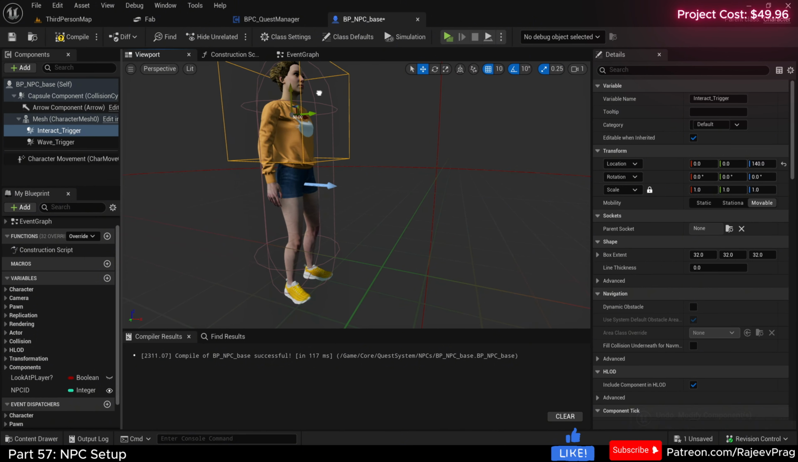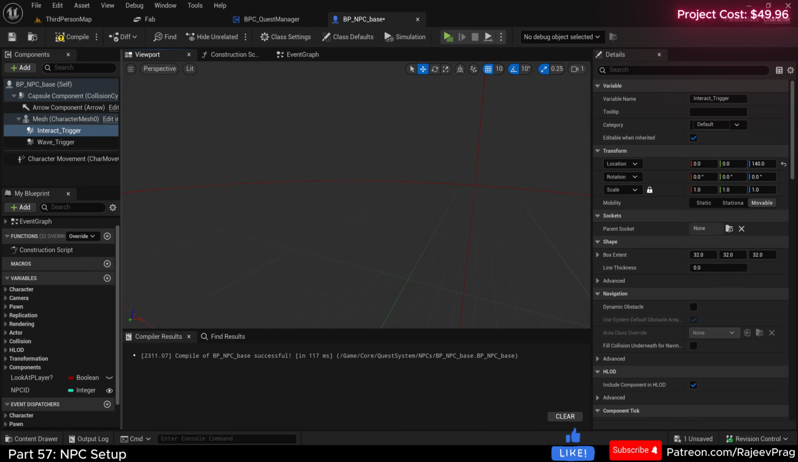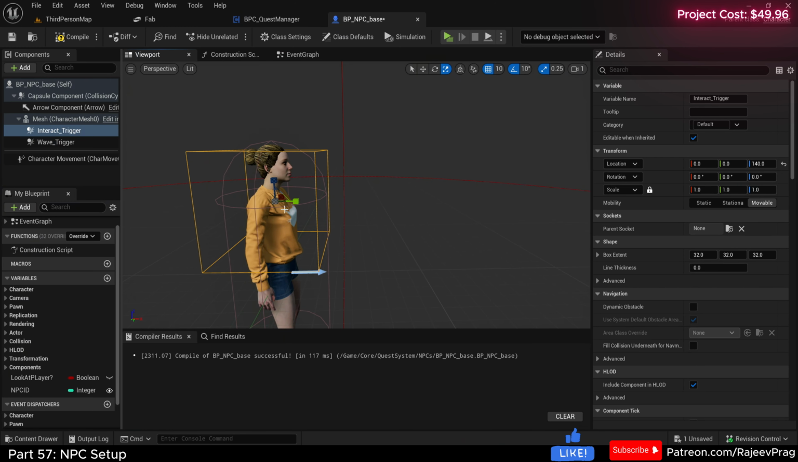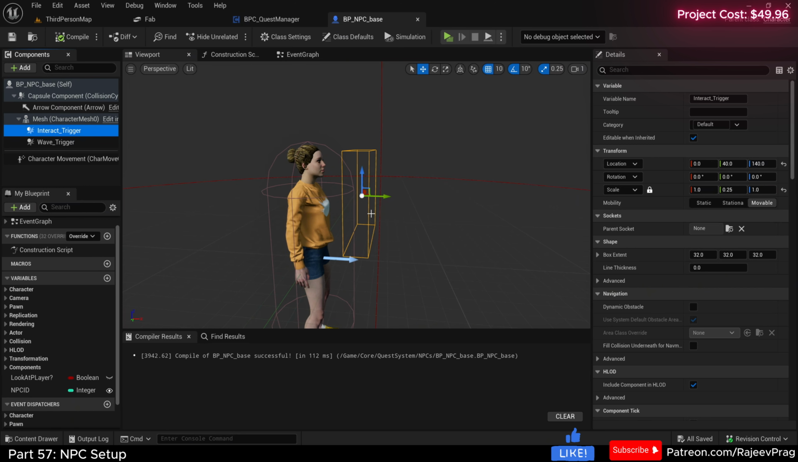We're going to move this just about the top portion of the character here, and then also just shrink it so it's only right in front of the character. So the player has to face the character to be able to chat with them. So the player has to touch this box for them to be able to start chatting with this character. We can actually make this a little bit bigger so they have a little bit of room to stand in